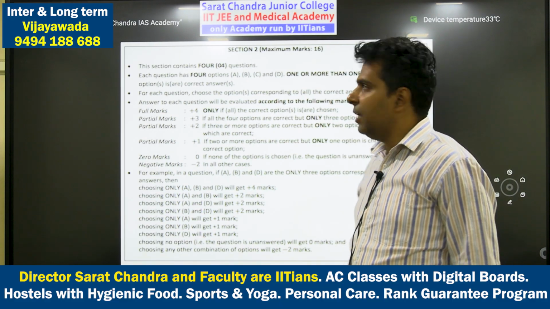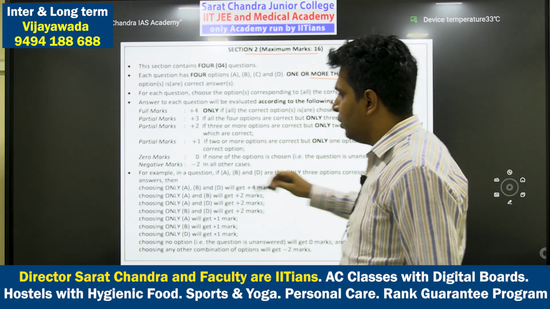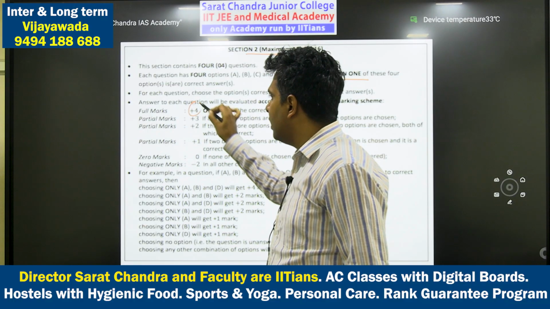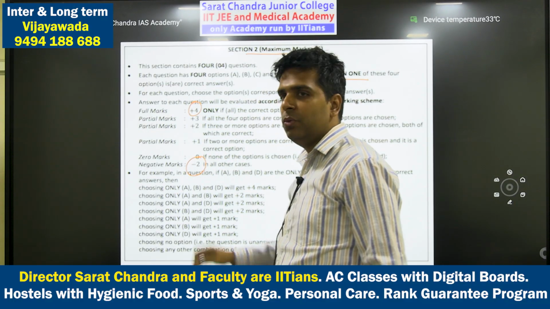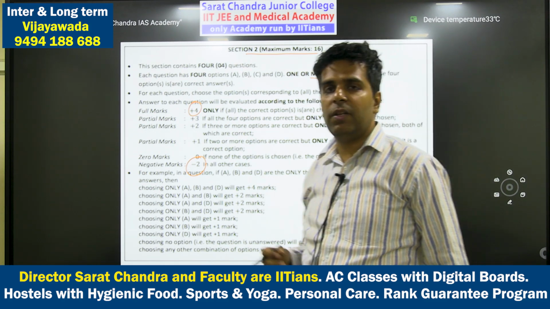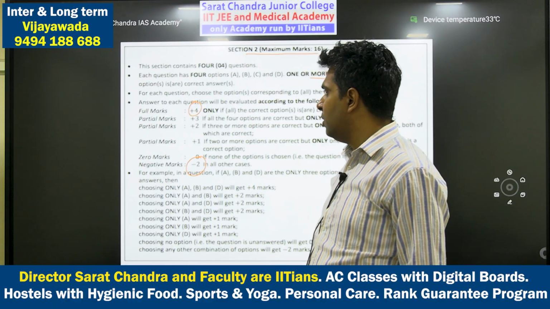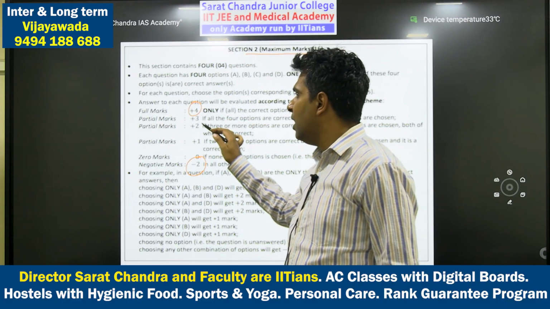So next comes section 2, which was multiple choice questions with more than one option correct. There was partial marking in this. The marking scheme was +4 and -2. If you select any one wrong option, you will get -2, even if you have selected the correct options. But if you have selected only correct options, suppose there were 3 correct options and you selected